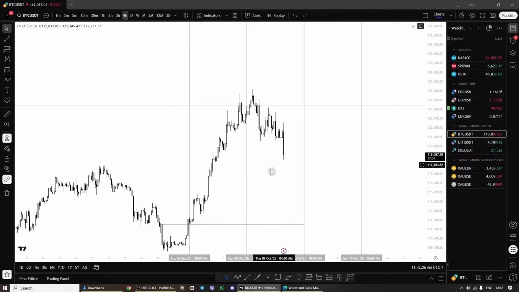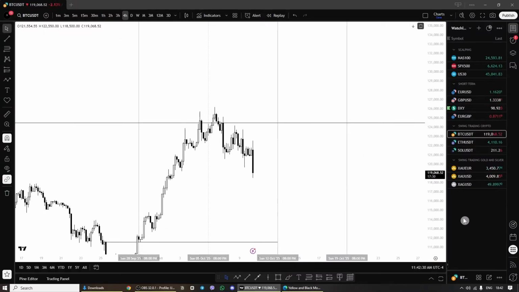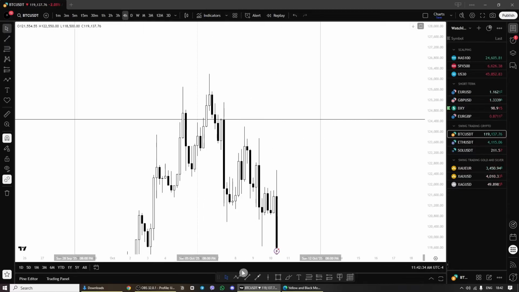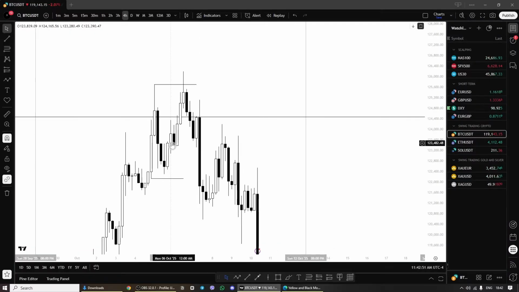or lower. But how? Once I marked the opening of the new week, what do we see? The last lows and highs are right here. We are in a clear range, right? If you say this is our Sunday range, call it like that, we are just in a range. And once we opened the new weekly candle, if